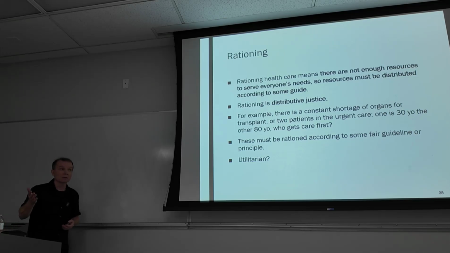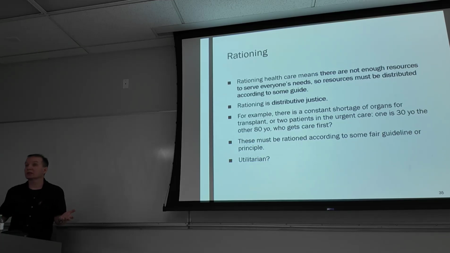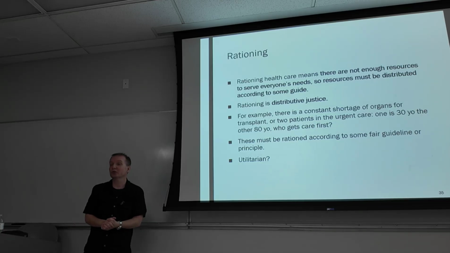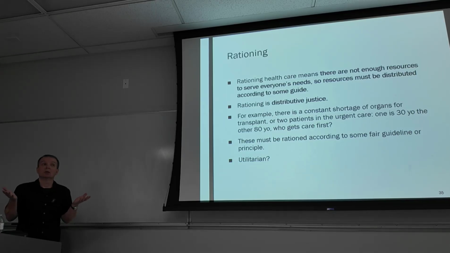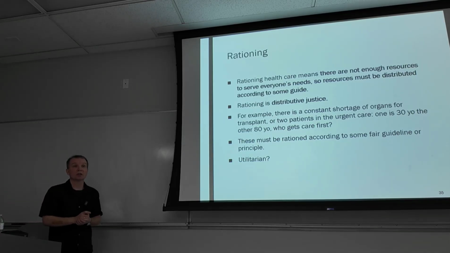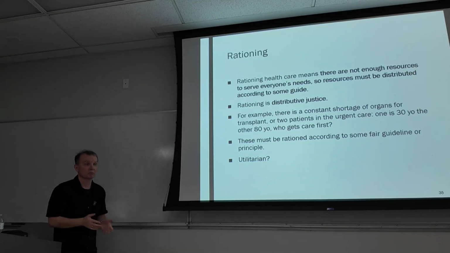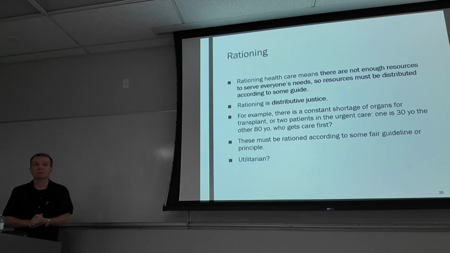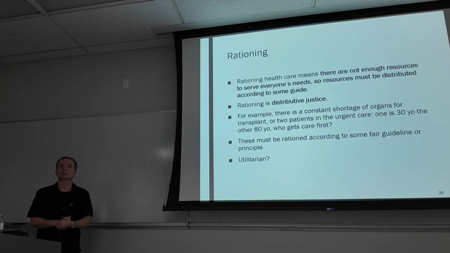So then the question of rationing. Resources society has are always limited, but how do we distribute healthcare? Based on what principle? Since resources are limited, you can only perform so many heart operations, you can only perform so many appendicitis operations and so on, liver transplants, and the livers themselves are scarce. So how should it be decided?